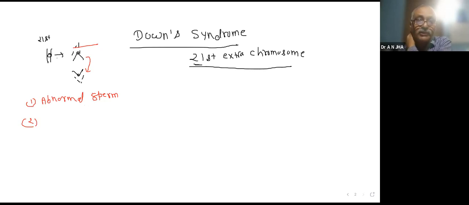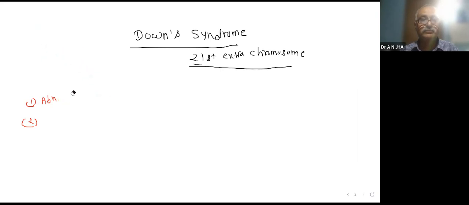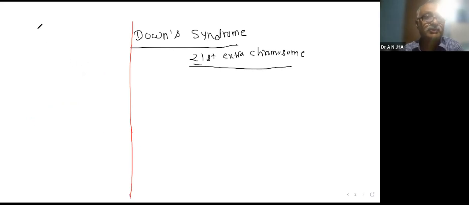Namra is asking what a spindle is. Okay, it's better that I explain it. I think you might have done meiosis. I am explaining, you have to come back. One of your colleagues is asking what a spindle is. See here. Before explaining this, first I am explaining this one: what is a spindle fiber?